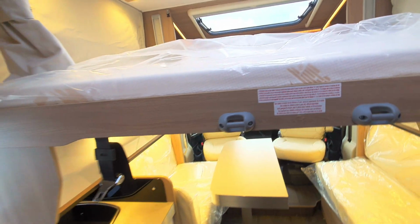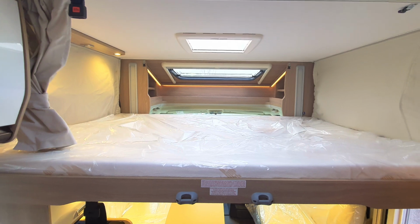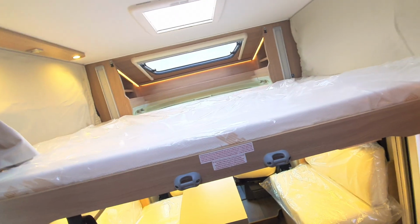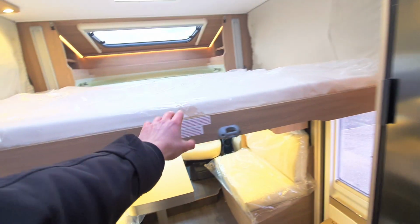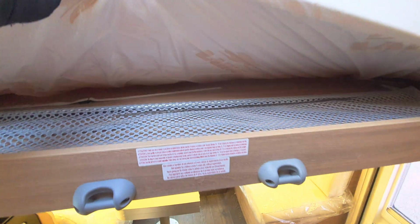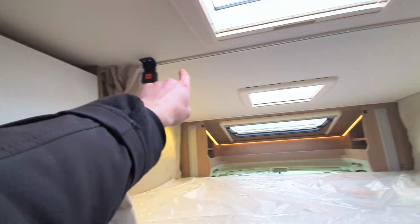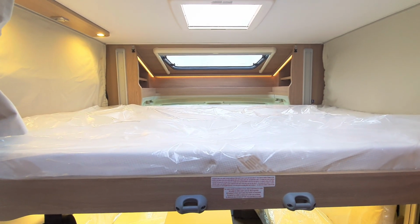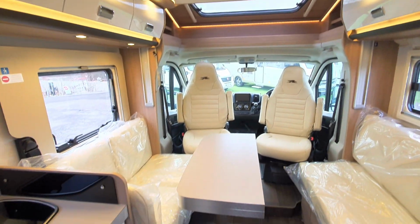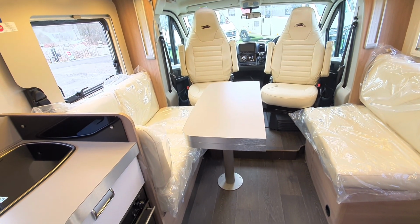It will then stop automatically, and you can see that your bed is already made. You can leave all your bedding on here, and then you have got some ladders which are just in the back here, which will connect up to here, and then you're good to go. You have got a bit of netting underneath here as well, which will connect up to this point here. With the bed up, your lounge is back to being a lounge,